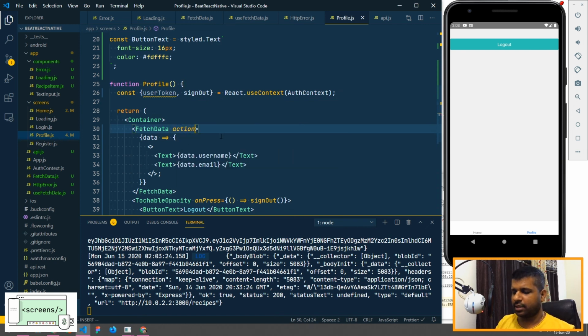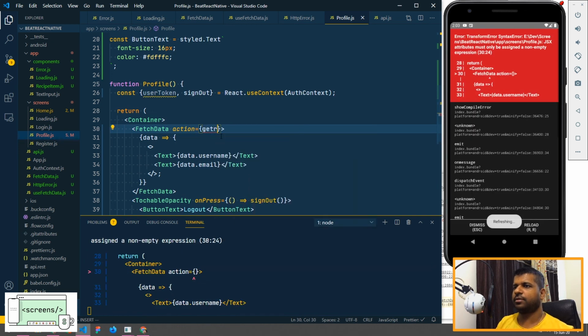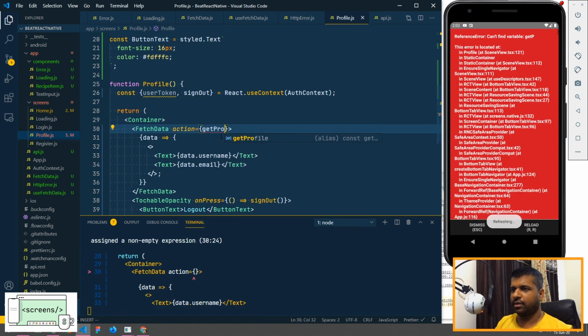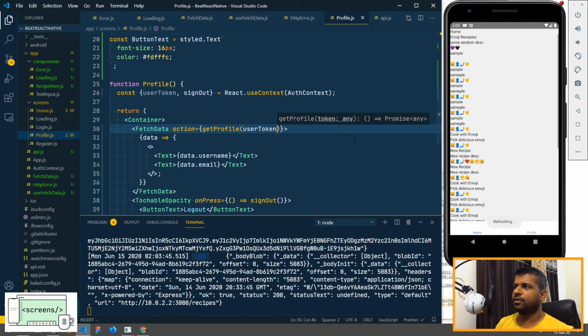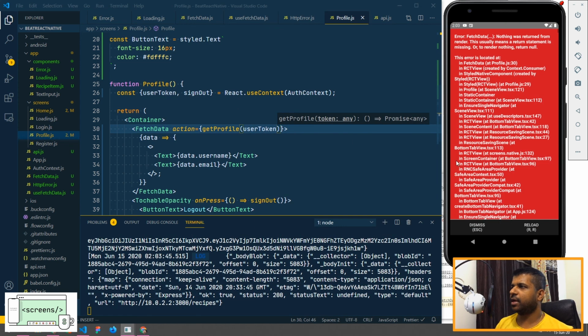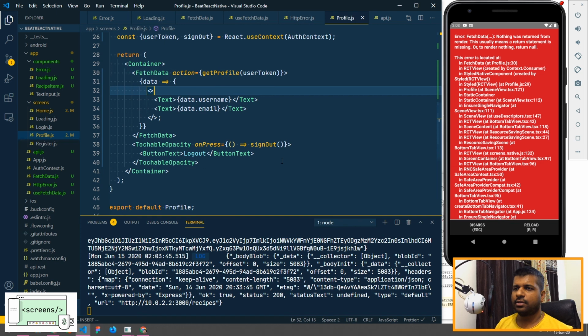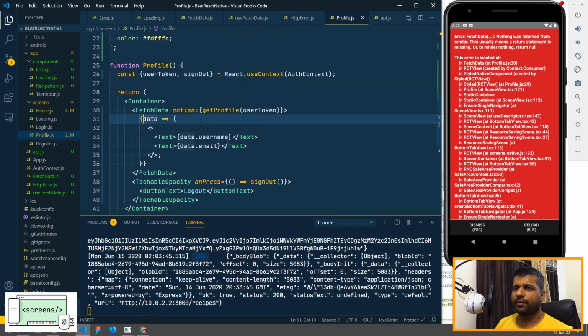So we need to pass action, and action will be get recipes, get profile, sorry, and we'll pass user token there. Let's head back to profile. I think now the return is missing. Okay, yeah, obviously we need to return this.